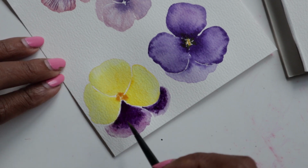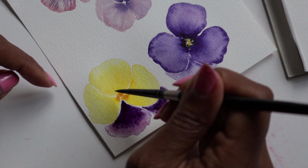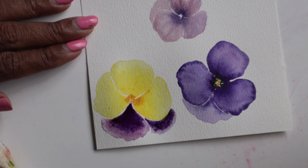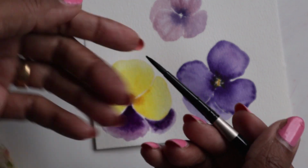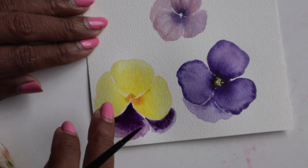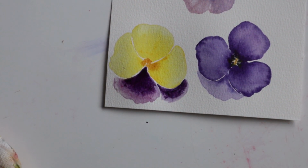And then once this is dried, we're going to go in and get the nice deep purple, and we're going to add a couple of lines to add a nice center. I'm getting some of the dark purple directly from the color cake, so I can get it nice and dark with a nice pointed tip. And making sure that this is nice and dried up, we're going to create a couple of lines on each of the petals. Simple enough. So this is also where you need to make sure that your